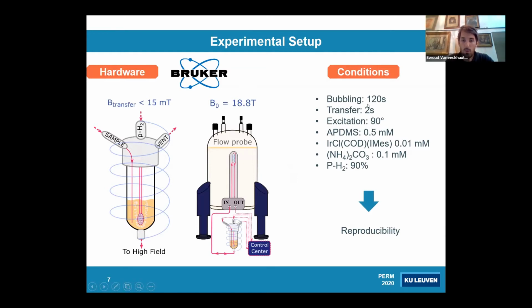We bubble for 2 minutes, so we activate for 2 minutes at low field, and we can also change the low field value. We go to high field, and then we measure. This total sequence takes about 2 seconds after the bubbling stopped, and these are the catalyst concentrations